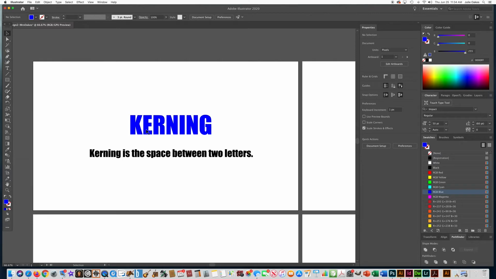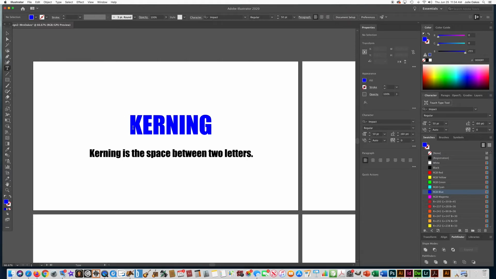Let's learn how to do that. So get your text tool, click in between the K and the E. So you can see I have that blinking line. That means that that spot right there is ready for you to adjust the kerning. So if you go over here to character, like I said, it's also over here. If you hover over these,